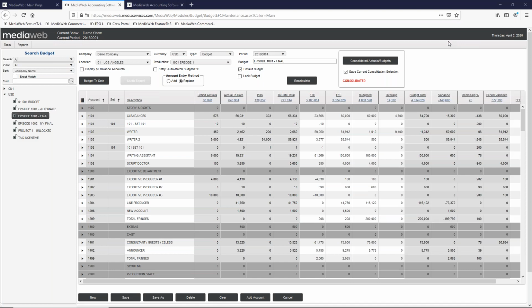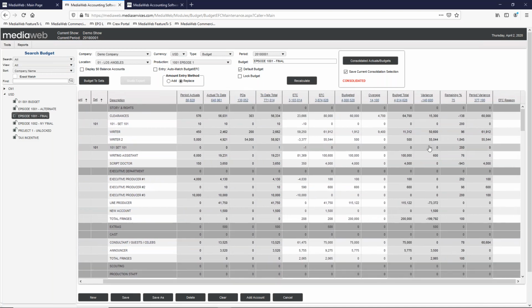What you're seeing is a budget for the sample I put together, location 1, production 1001. It's going to look very similar to a cost report, which I'm sure a lot of you are familiar with. You've got all of the standard cost report columns, as well as the different flavors that you might want to have where you can see your remaining % of your budget, your period variance, your EFC reasons,